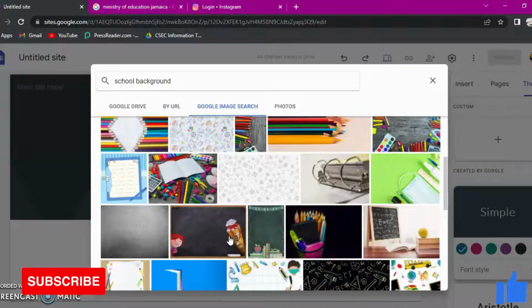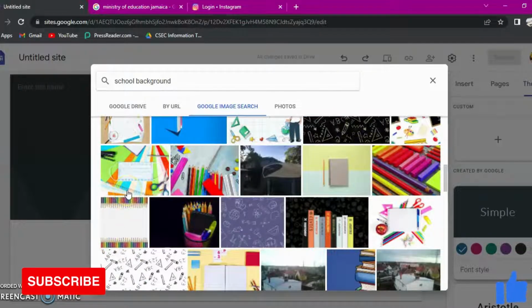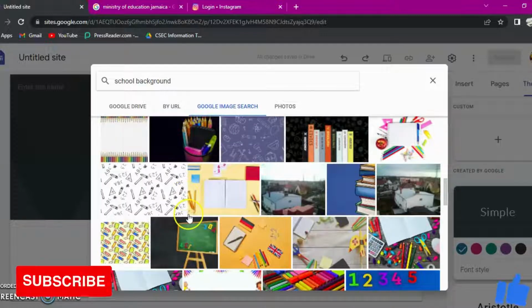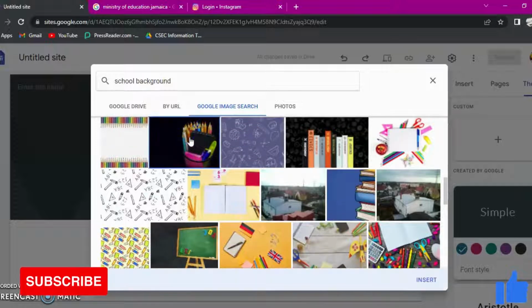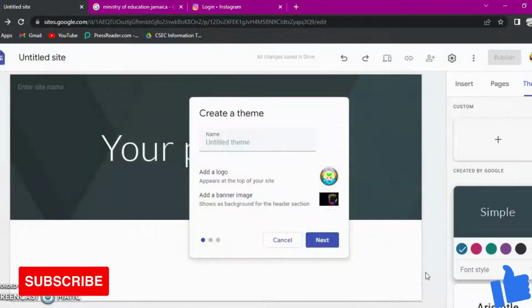That way it will be visible once the persons are using it. Let me see probably how this one would look. You can also create your own banner image and then upload. Let me just call this